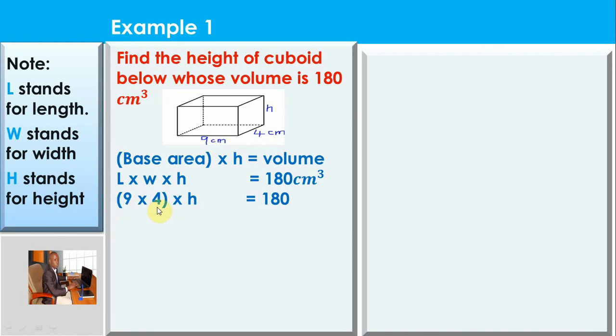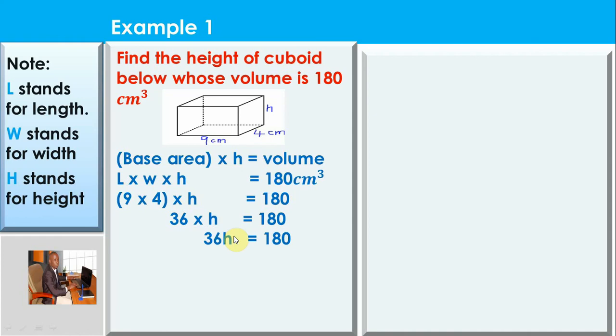Very good. So 9 times 4 we have 36. Okay, so here we have got 36. Then we shall multiply the product. Now this is the area of this base times the height, should give us this 180, which is the volume. Now learners, whenever you multiply a digit by a letter, these are two terms. When you are multiplying them, it can become a single term. So here we shall have 36 times h, which we shall get 36h equals